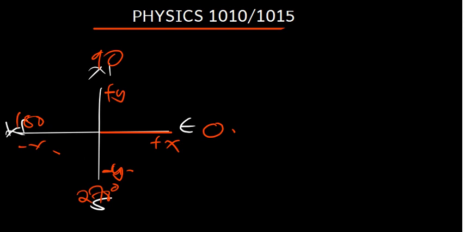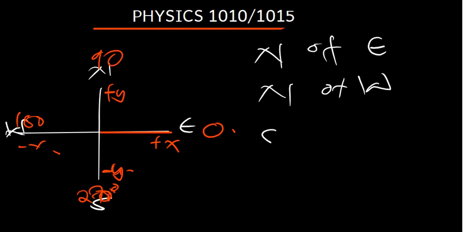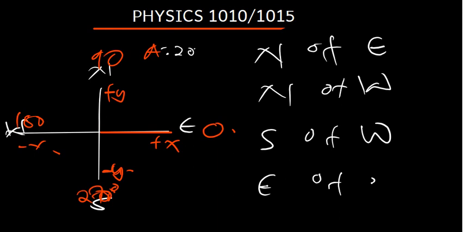270. Perfect. Now from here, guys, what you have to understand is that you are going to come across some questions where they tell you that you have got vector A, which has got the angle north of east, north of west. Sometimes they can say south of east or east of south. So whenever you come across a question which says we have vector A, which has got 20 meters at an angle of